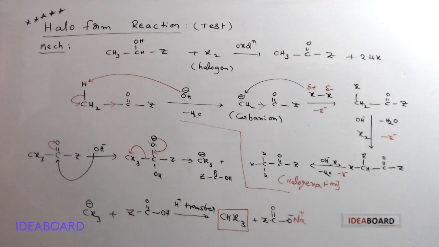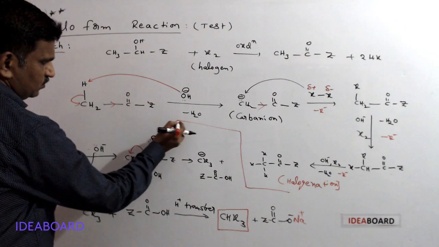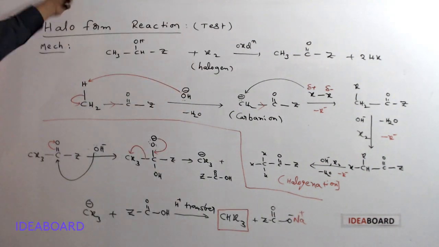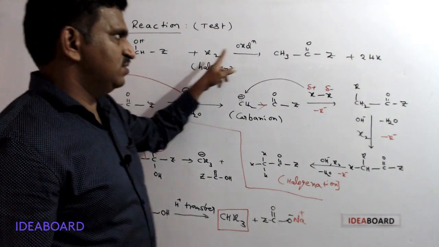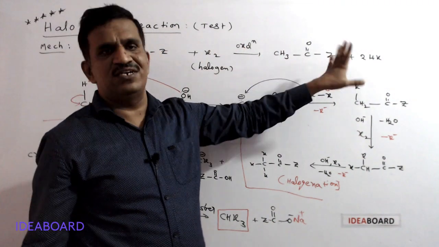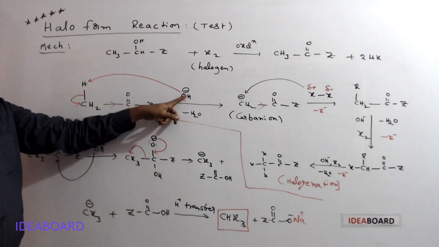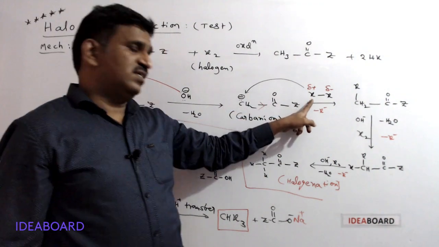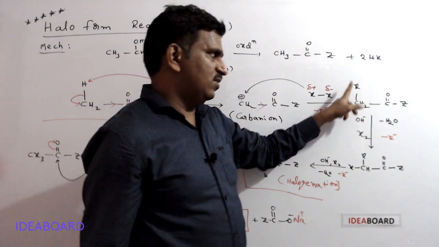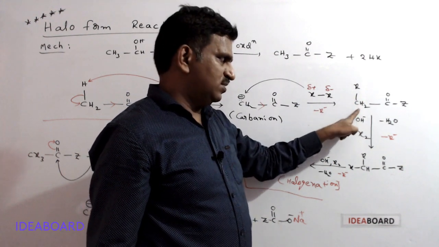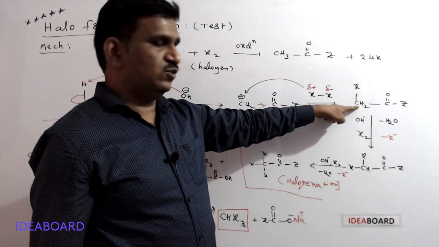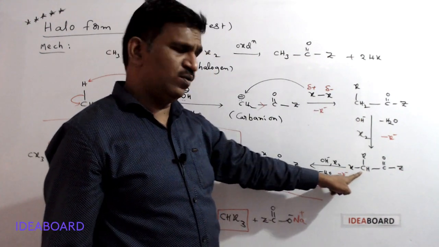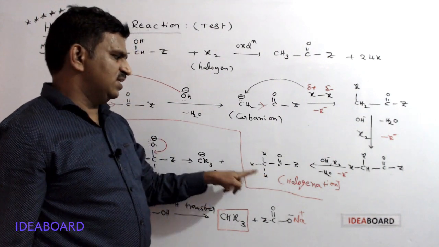Okay, this is the mechanism. Please see here. First, the methyl carbonyl takes the halogen; this is an oxidation process and gives a methyl keto group. The methyl keto group is attacked by the base and a proton is eliminated to give a carbanion. This carbanion is attacked by the halonium ion and gives a monohalo compound. The process is repeated 2 times because it has 2 more acidic hydrogens. By the first repetition, we get the dihalo compound; by the second repetition, we get a trihalo compound.